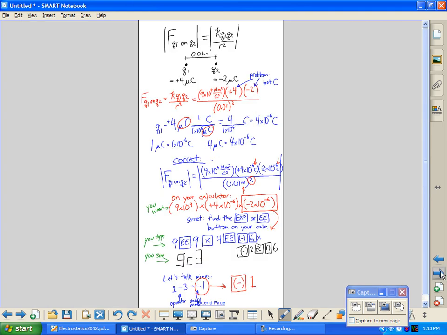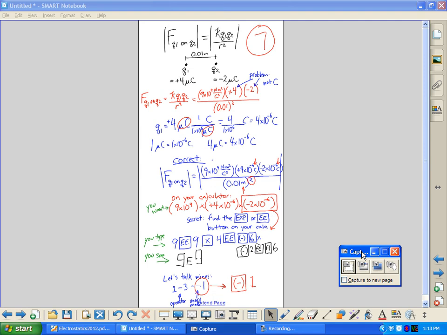On page 7, we talked about how to actually get this into your calculator and get out a result that makes sense. So we are going to end the screencast there. Be very proud of yourself. All of these things are in the electrostatics packet as well,